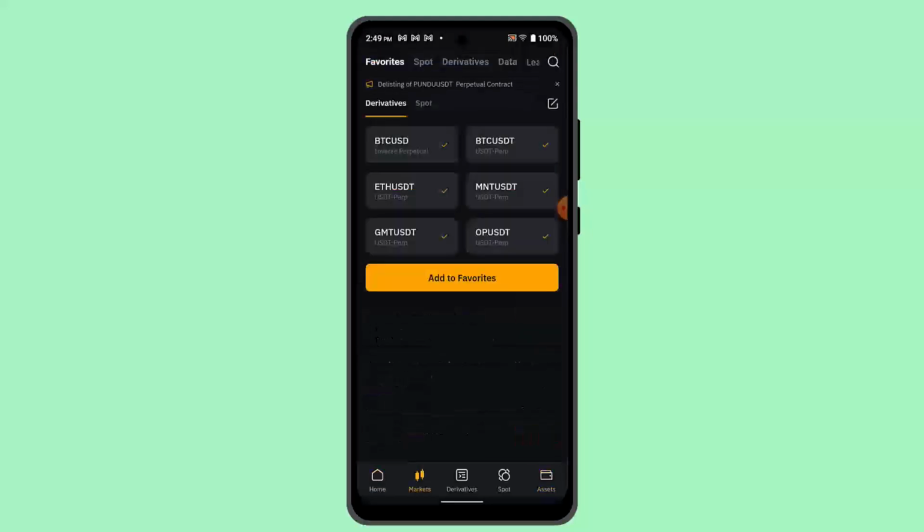Select the trading pair you want to trade. That could be Bitcoin or USD. Choose your order type, that is limit, market or conditional. Select your leverage, enter the order details, buy long or sell short to place your order, monitor your position, and